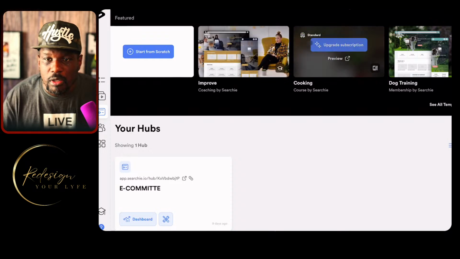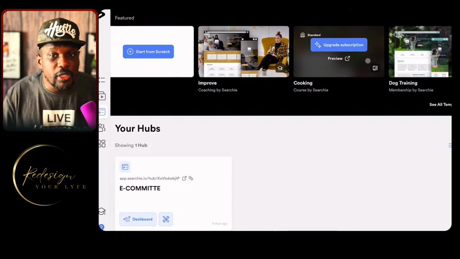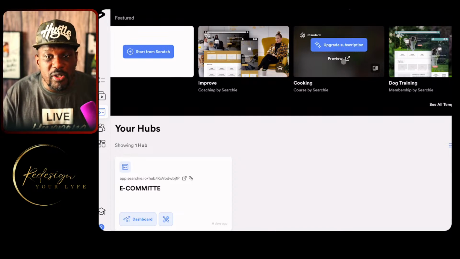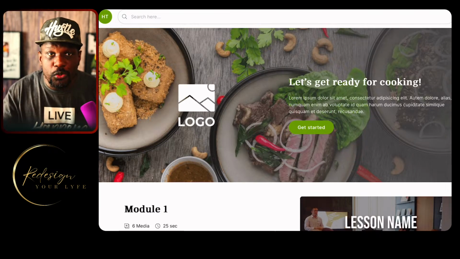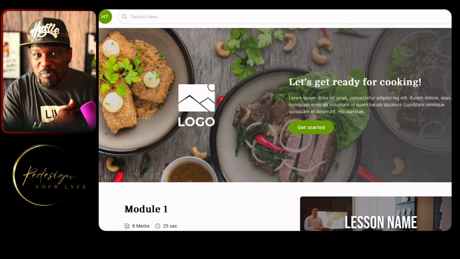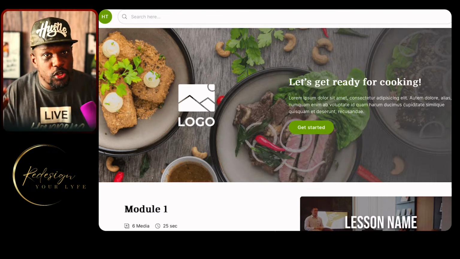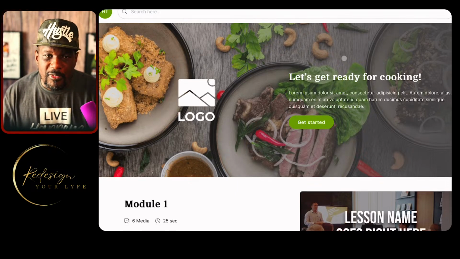But let's just click on one right here. Maybe let's do cooking. Maybe you do cooking, right? So we're just going to show you a preview of what it looks like, right? So now this comes up. You're able to, again, upload, drag and drop, exchange the picture, put whatever you want, your food, your cooking stuff. It looks so professional.